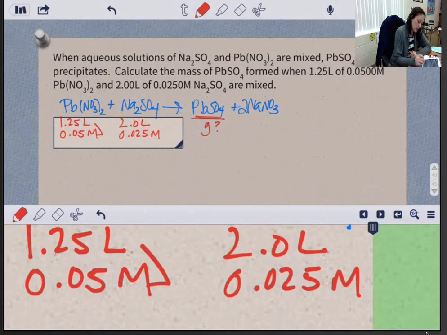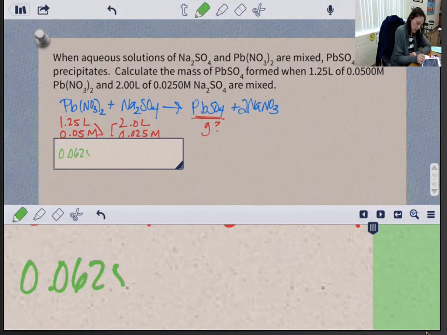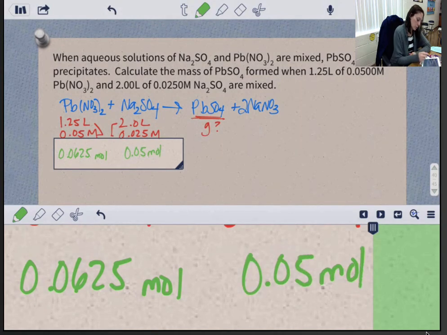We have liters and we have molarity for both. You multiply, and that should give you your mole number. So 1.25 times 0.05 gives me 0.0625 moles. And for the Na2SO4, 2 liters times 0.025 gives me 0.05 moles. Okay, it's 1-to-1. That's what